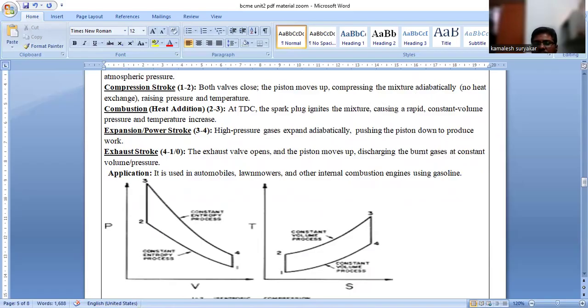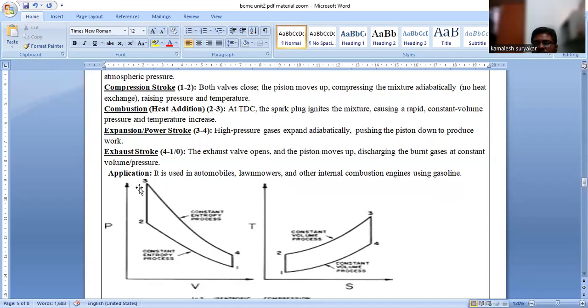Now we are going to be taking the air from the outside. Combustion process. Now 2 to 3 is combustion. The spark plug ignites the mixture. At this point, the petrol and air which are ready start to ignite. This is sent here. Now at this constant volume, the pressure and temperature increase and the main work is developed